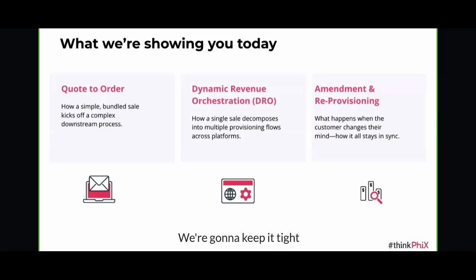We're going to keep it tight and impactful, and you're going to see three specific things. So quote the order, how a simple bundled sale kicks off a complex downstream process. We'll show you the DRO, so dynamic revenue orchestration, how a single sale decomposes into multiple provisioning flows across multiple